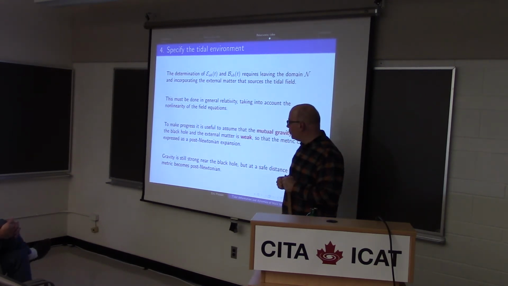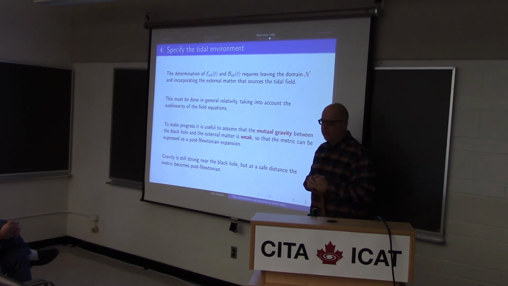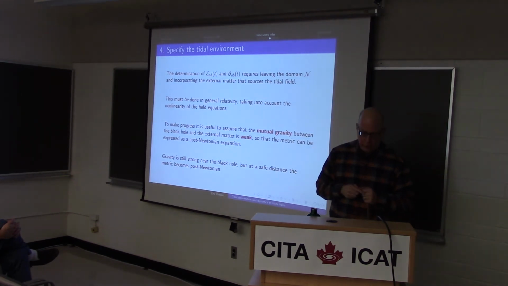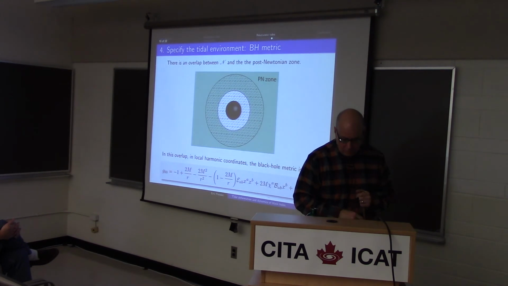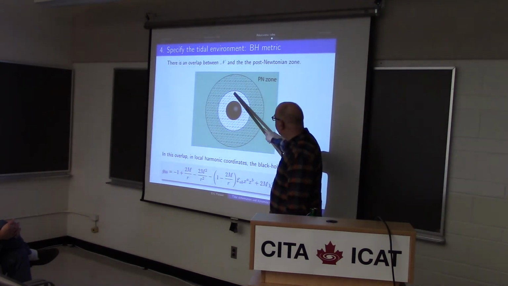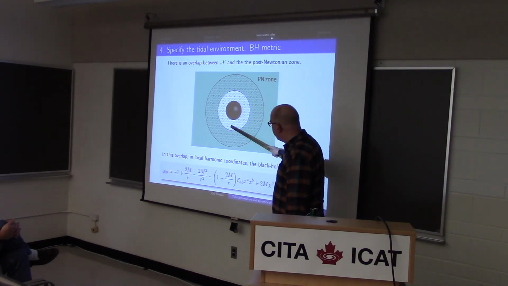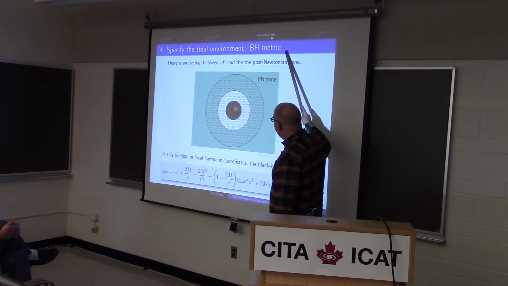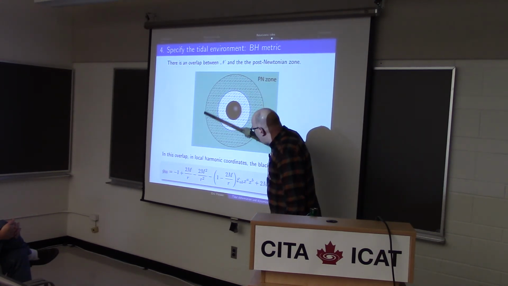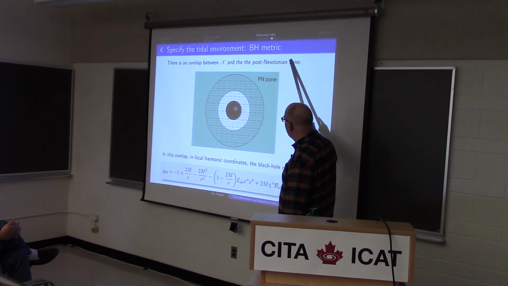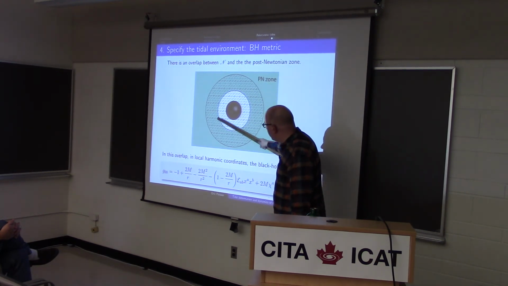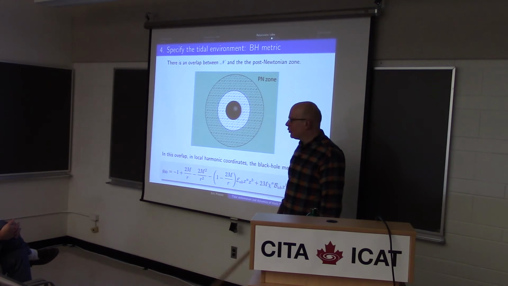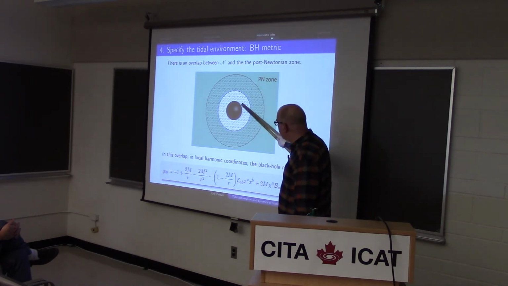The motion can be slow, orbital motion can be slow, and I can meaningfully describe this through a post-Newtonian approximation. The idea is that I have a place in my domain where gravity is very strong, but as I go outside and to the edges of my domain, gravity becomes weak, and I can match the metric out here to a post-Newtonian metric, which all the way down to this innermost circle here is a good approximation. So the post-Newtonian metric doesn't extend all the way down to the black hole because gravity is too strong there,